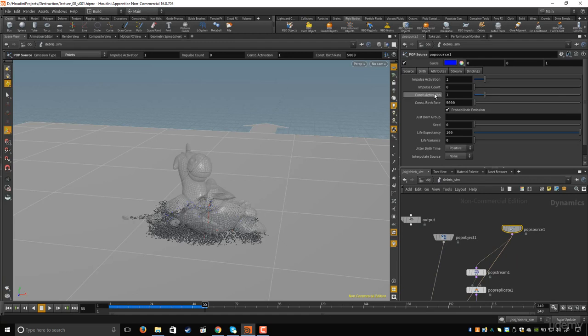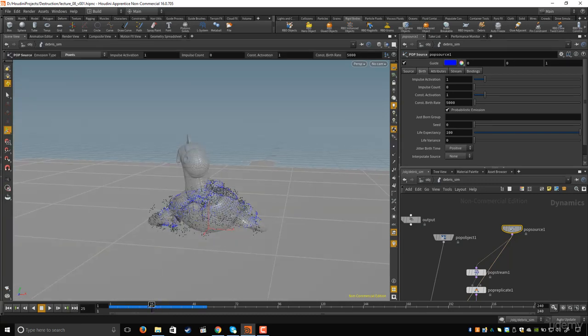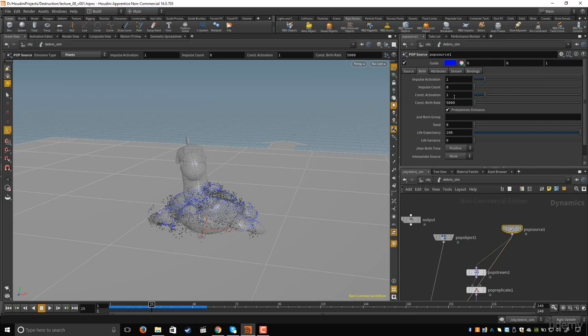I want to set the constant activation to 0 at frame 25, because I want to stop emitting particles at 25. I can do that by typing $F